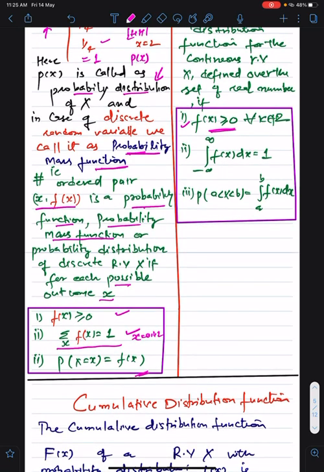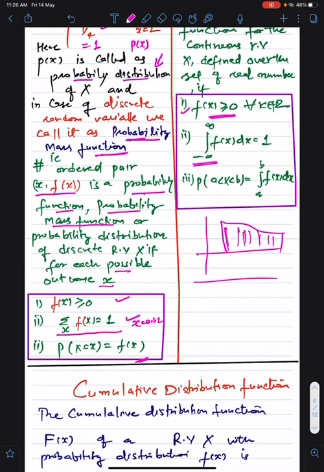And second, in the case of a continuous type random variable, we use integration. So the probability distribution is defined from minus infinity to infinity. The integral of f of x dx will equal 1. That is, it will give you some area. So the total area will give you 1, right? So you define probability in such a way.